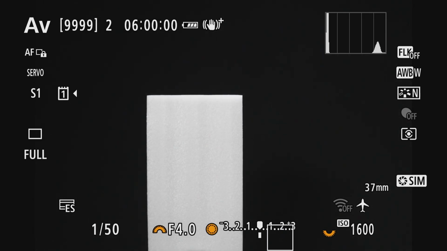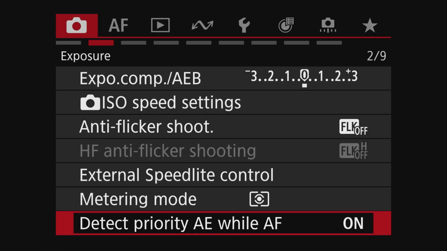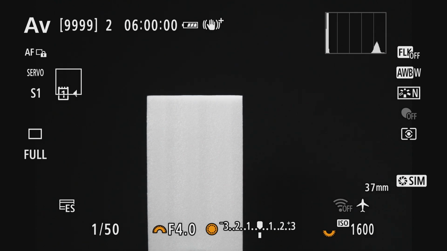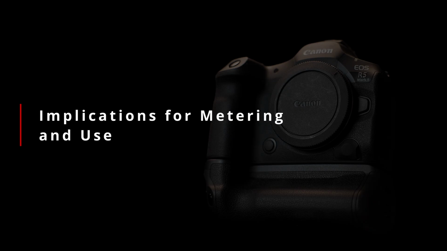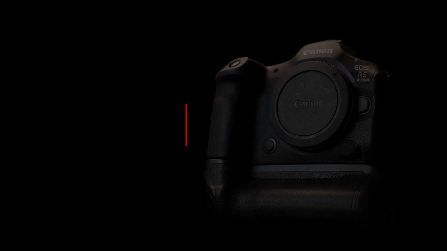For example, you can see here that with the AF area set to 1 point and the detection priority auto exposure enabled, moving the autofocus point changes the exposure. However, when detection priority AE is disabled, the exposure no longer changes based on what's under the AF point. So, with all that said, let's talk a second about how this changes the metering on the R5 Mark II